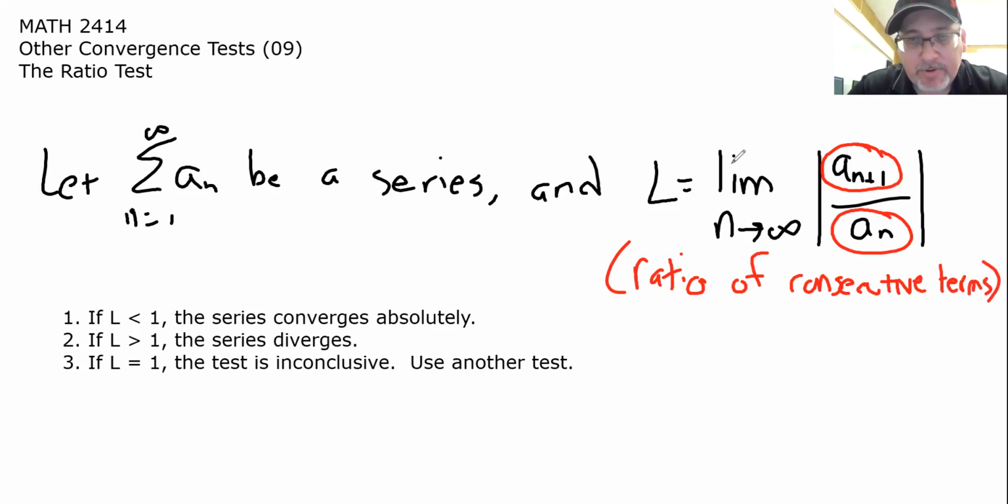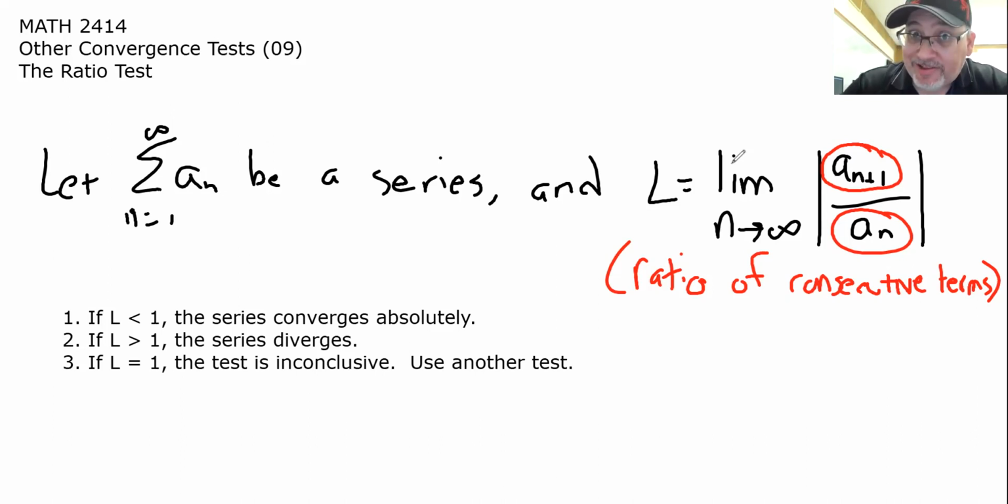Now these terms will frequently be fractions in their own right. And so we'll have what I call the next term on top and the current term on the bottom. But since the current term on the bottom is a fraction, it'll get reciprocated. Okay, so anyway, we set up this limit, the limit of the absolute value of the ratio of consecutive terms,